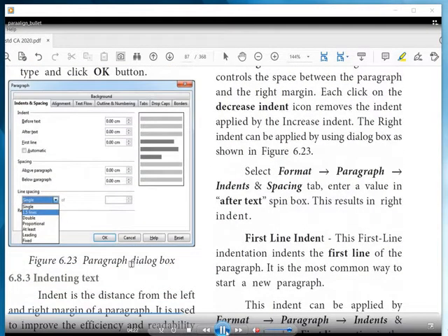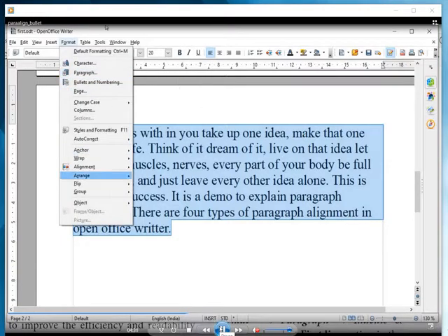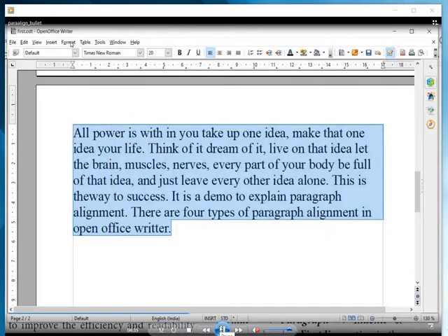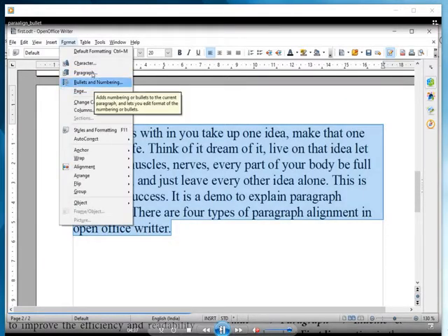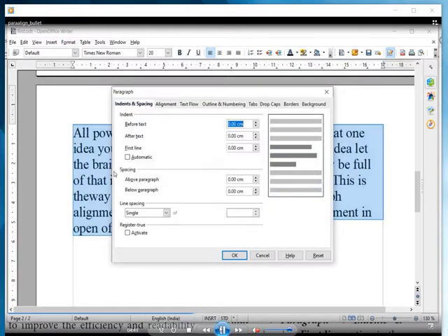So this is the dialog box of the paragraph option. Select the paragraph, go to Paragraph, take the tab Indents and Spacing.